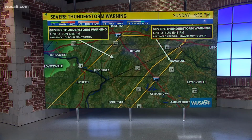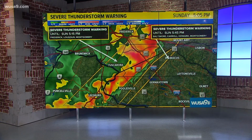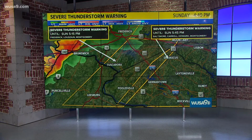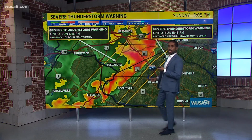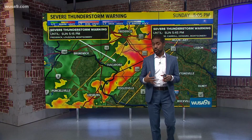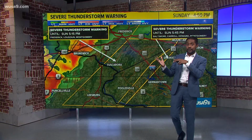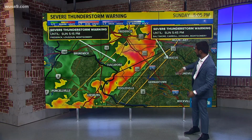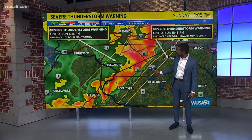And again, we've got Frederick there. I'm going to put Frederick just in the corner so you guys can see the worst of it is just getting past you. But again, Poolesville and much of Upper Potomac, Leesburg, still getting hit hard right now with this line of thunderstorms that could potentially bring down some tree limbs, could certainly knock out power for a few people, and up into the Frederick area here. You can see all this is starting to come in along that 270 corridor